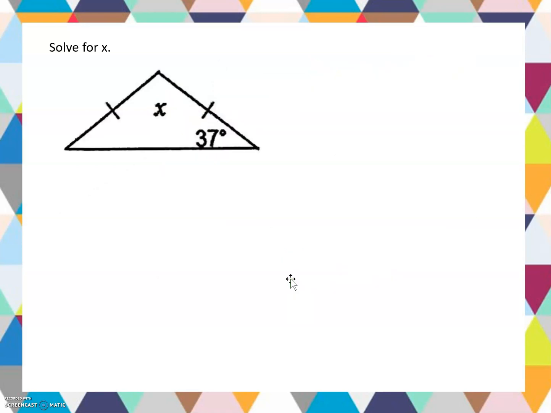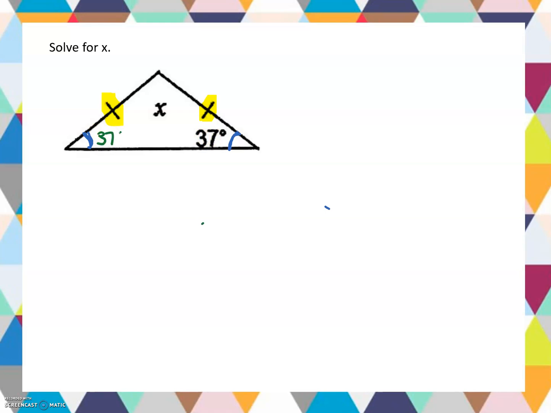So here we have a triangle where we have x labeled here and we have 37 degrees here. This is an isosceles triangle, and that's indicated to us by these arcs here. In an isosceles triangle, if you're told that these two sides are congruent, you can automatically assume that these two angles are congruent. That's part of the isosceles triangle theorem, right? So we know if this one is 37 degrees, we can go ahead and label this one 37 degrees,